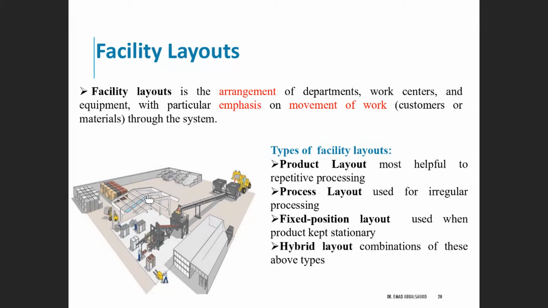Because they have not finished yet, they have other steps to be implemented. So the waiting time for those unfinished products is long, but when you do the facility layout correctly,